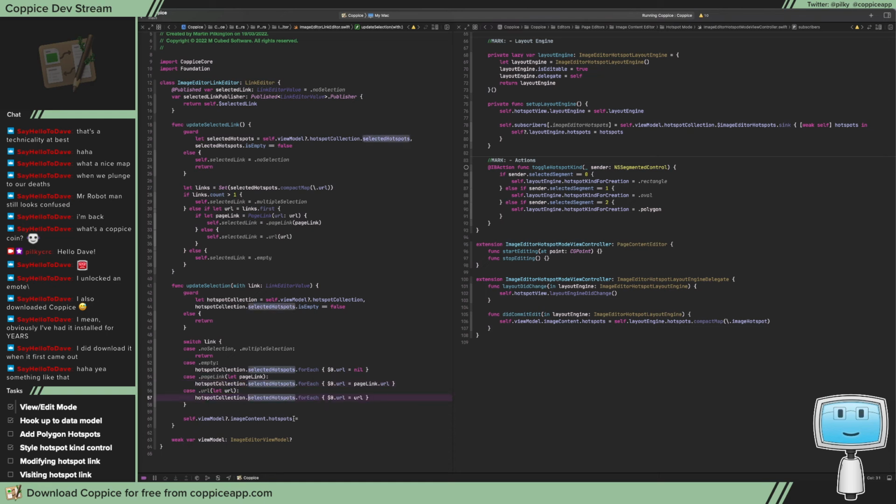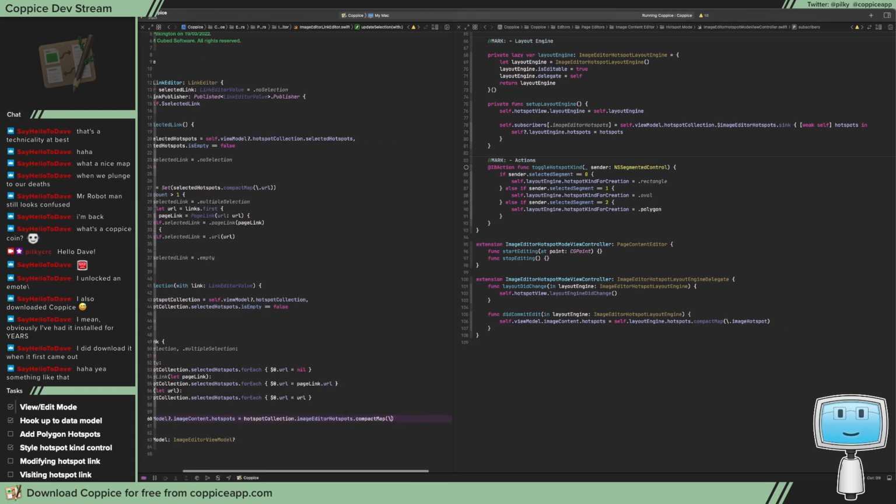Yeah. And that equals hotspot collection dot hotspots dot compact map. Okay, so hopefully